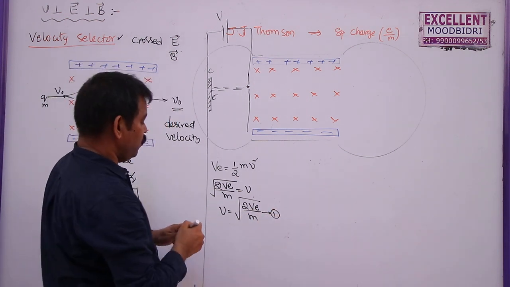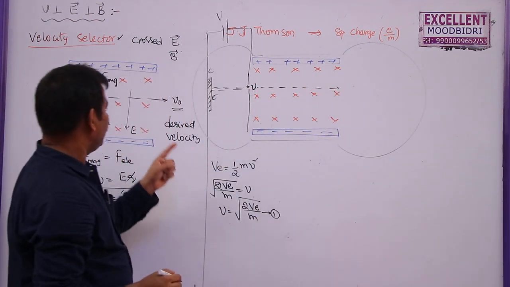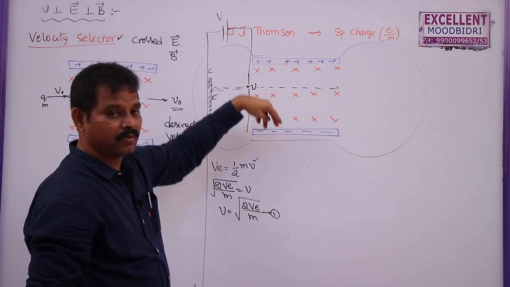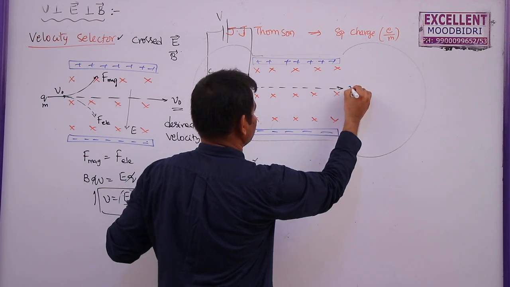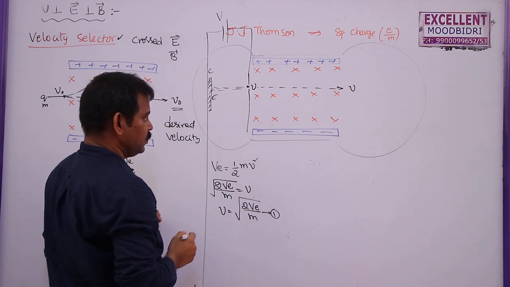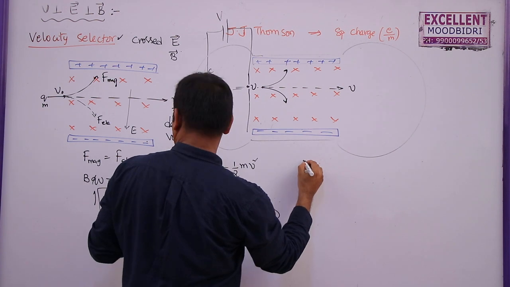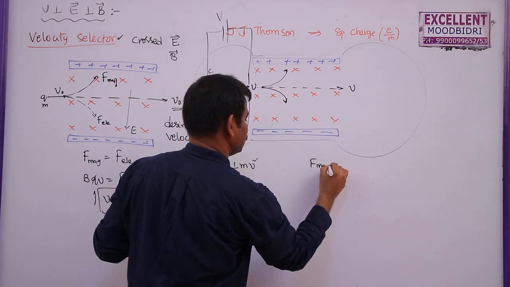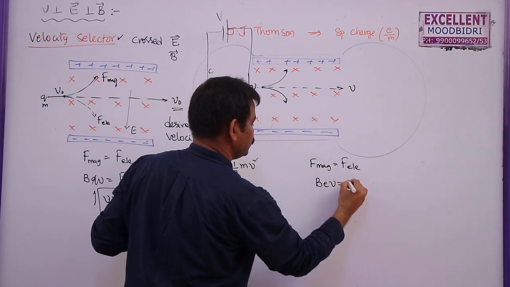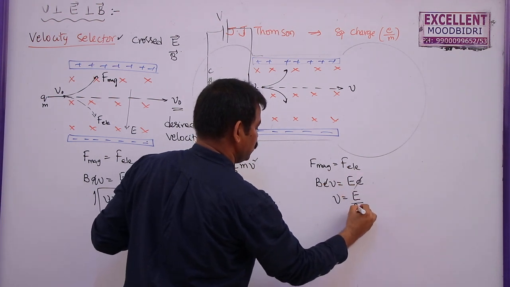Now when it is having this much velocity here, it is allowed to pass through this. Similar to this one, the magnetic force will act in the upward direction, the electric force will act in the downward direction. If these two forces are equal and opposite, the net force will become 0, and the charged particles move with the same velocity and come out at this position. So as it is experiencing equal amounts of magnetic and electric forces, I can write F magnetic is equal to F electric, which gives BeV is equal to eE, the charge gets cancelled, v is equal to E by B.